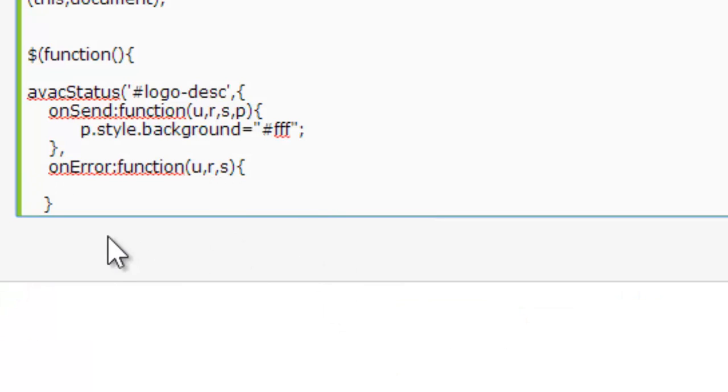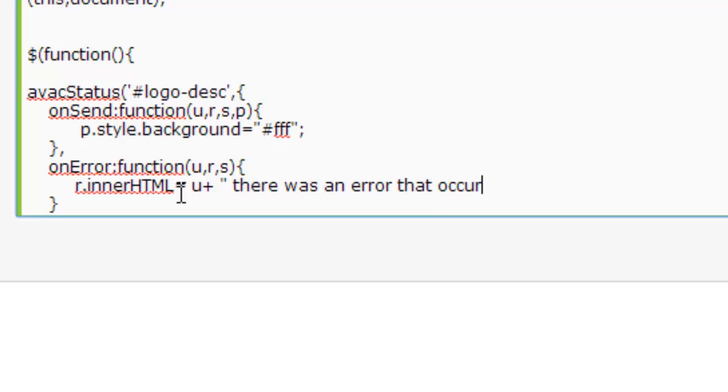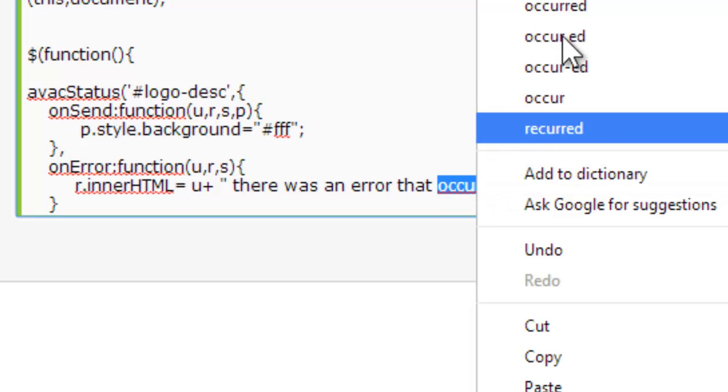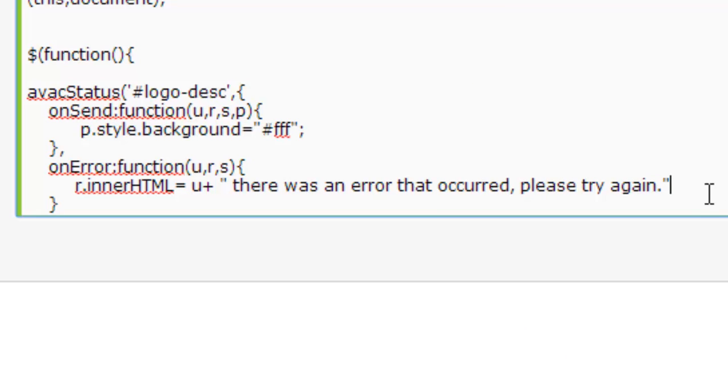So we're going to say r.innerHTML equals u plus "there was an error that occurred. Please try again." And I spelled occurred wrong. How do you spell it? Okay. Wow. Anyways,